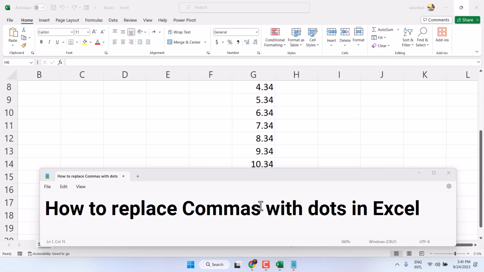Hello friends, in this video I will show you how to replace comma with dots in Microsoft Excel. So guys, we can see we have this list,